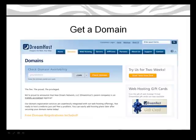The next thing that you need to do is you need to get a domain. So we needed a domain name, and this is the address that people are going to type into their browser's address bar to visit your site. You can buy a domain in lots of places, but we recommend that you do it at the place that's hosting your WordPress blog. You're going to be looking for something like what Dreamhost offers,